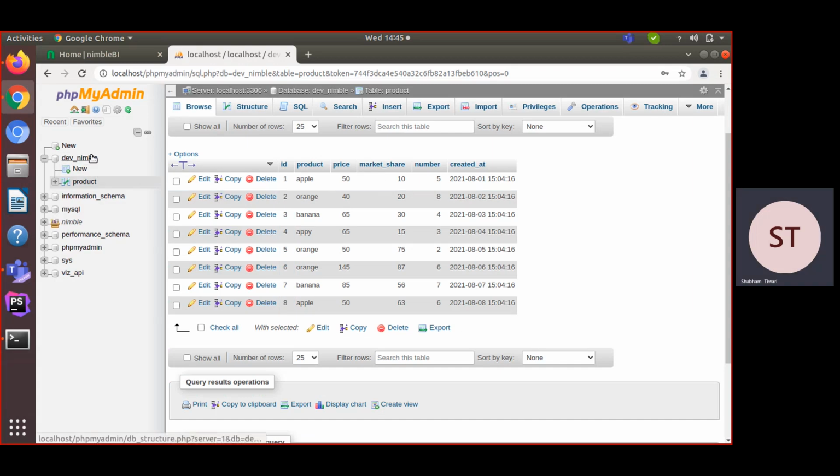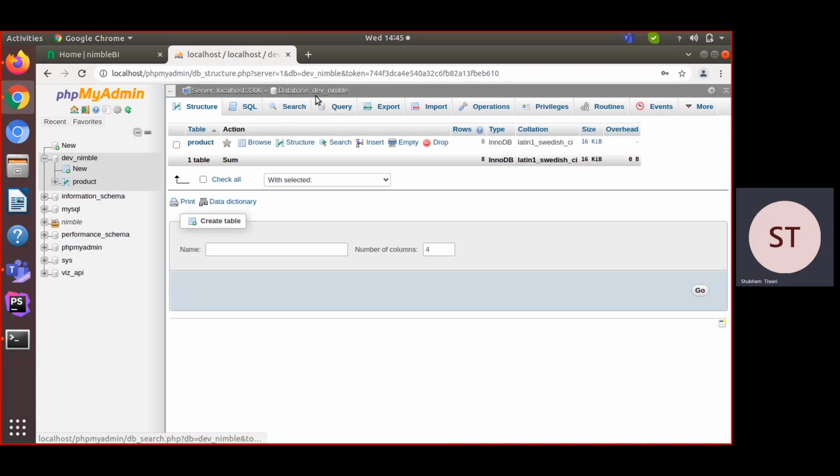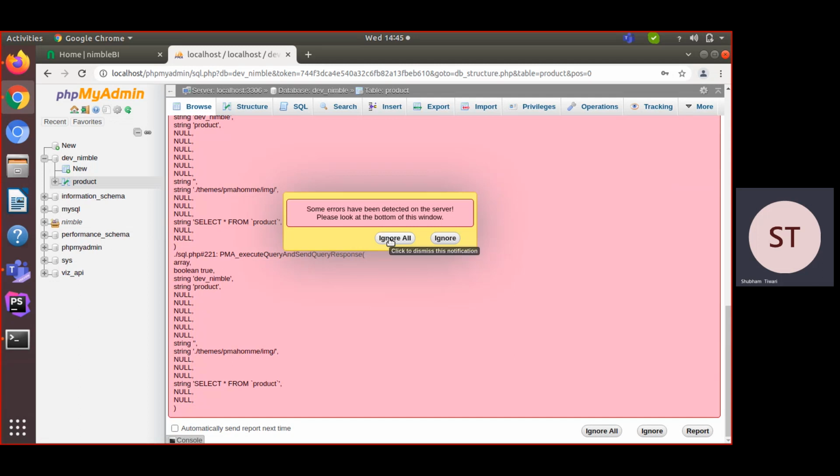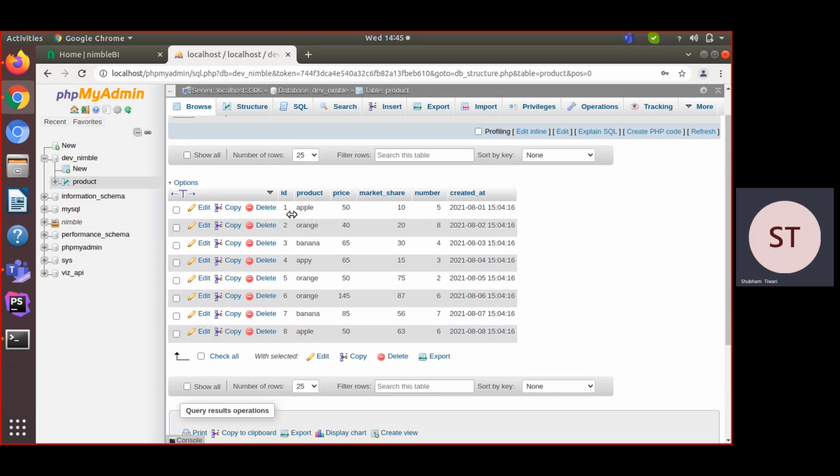You can see the database name is Nimble, and it has only one table, and that table has, I think, 7 columns. Our first column is ID, second product, third price, fourth market share, fifth, sixth number, and seventh created.